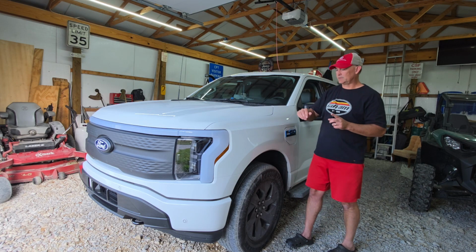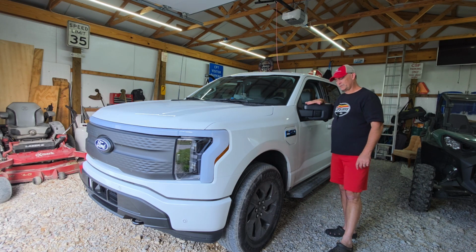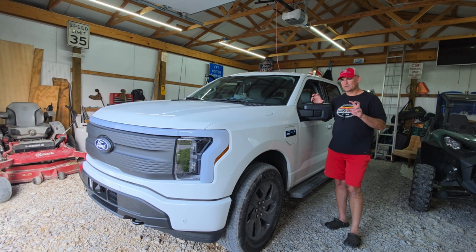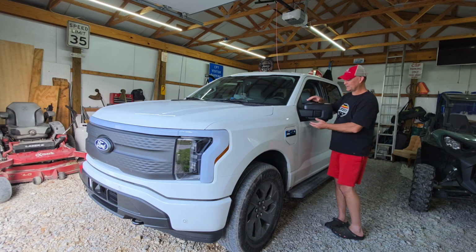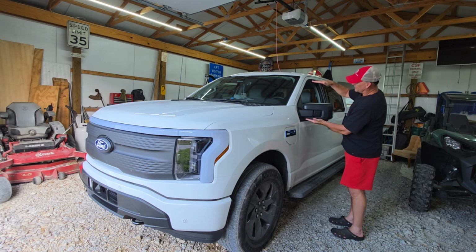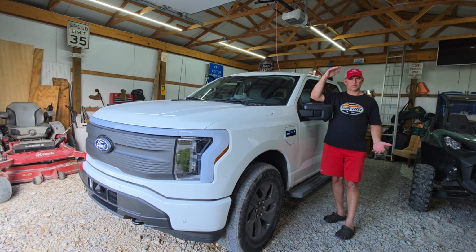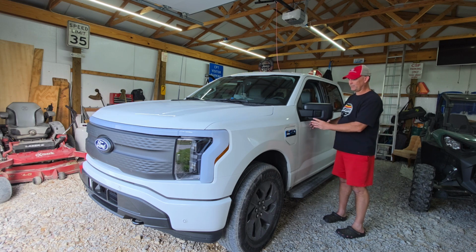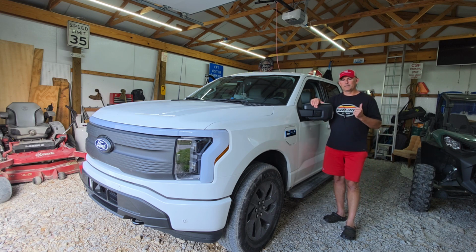Now, one thing I did notice on the way down there and back that I don't really care for is these mirrors. You know, I used to talk trash about the towing mirrors on the Super Duty, but I'll tell you what, these mirrors right here are terrible, and now I kind of miss the mirrors that I had on the Super Duty because the Super Duty mirrors, of course, are taller, which enhances your field of view behind you. And they've got those, what they call spotter mirrors down on the bottom, right? So with those Super Duty mirrors, and I guess the F-150s that have the max tow package or whatever they call it,